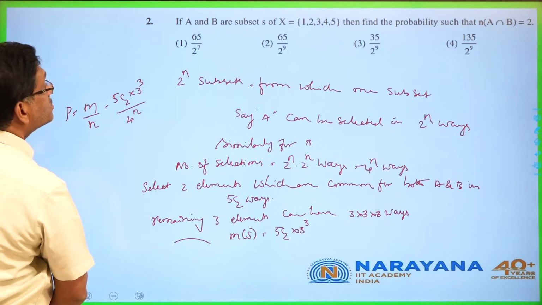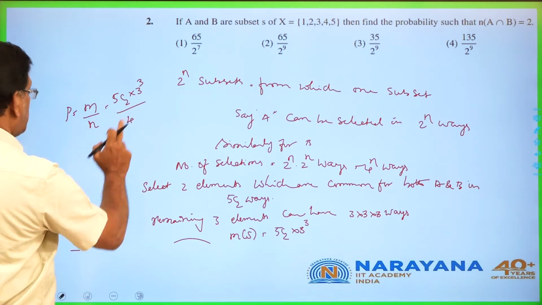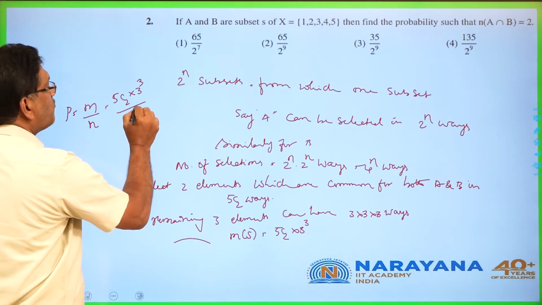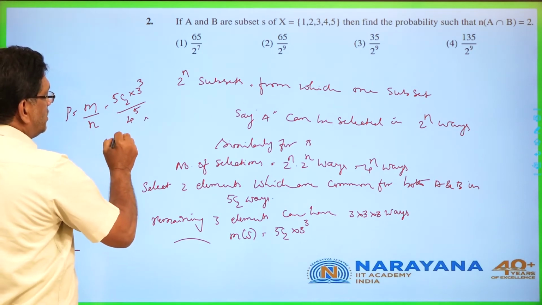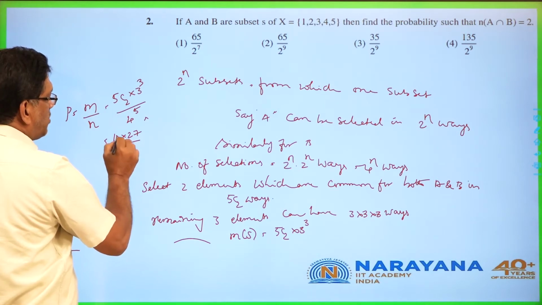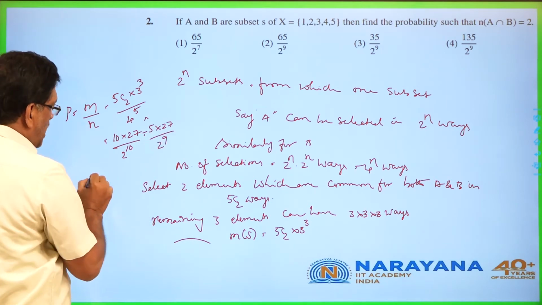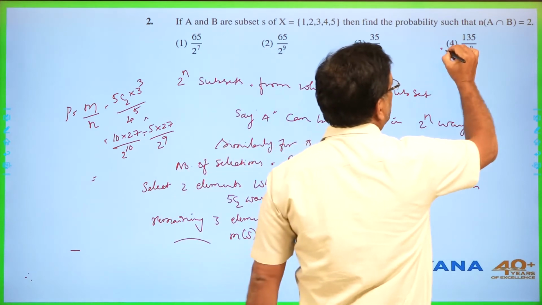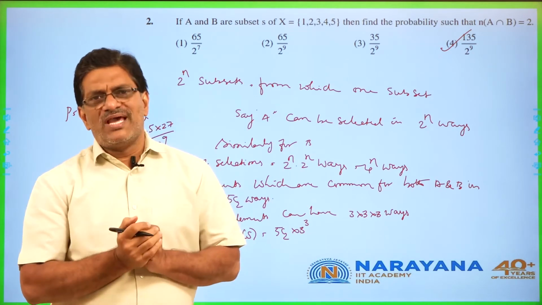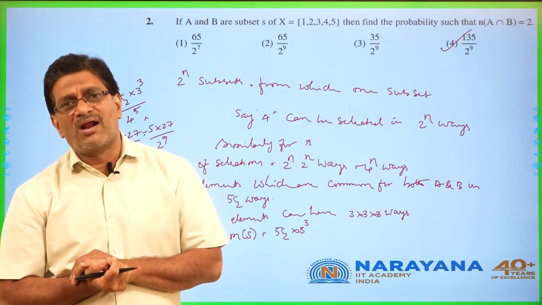1 minute. It is 4 power, not n. It is 4 power 5. So this is 10 into 27 by 4 power 5, which is 2 power 10. That is 5 into 27 by 2 power 9. If you simplify, you will get 135 by 2 power n. Probability, very simple question he has given, that is ratio of number of favorable to the total number of elements.